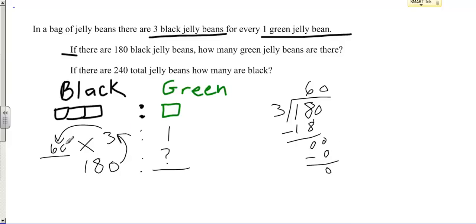60. Does that work? Let's check it. 3 times 60 is 180. Yes. Does it work this way? 180 divided by 60 equals 3? Yes. So 60 is my missing number here. So I multiplied by 60. 3 times 60 equals 180. Well, that's what I'm going to do on this side now. 1 times 60 equals 60. So for my first answer, if there are 180 black jelly beans, how many green jelly beans are there? Now I got it. There are 60 green